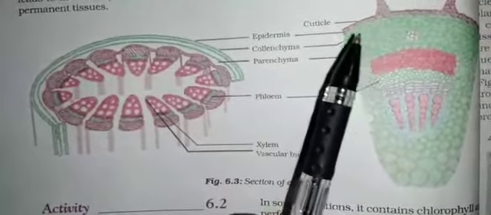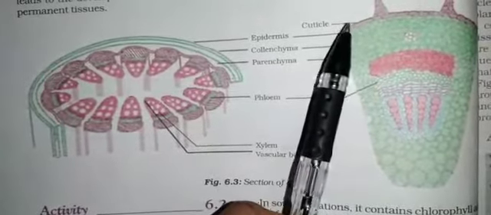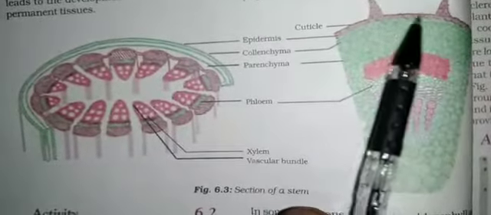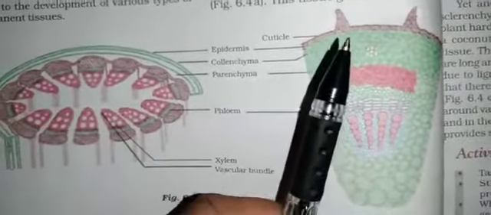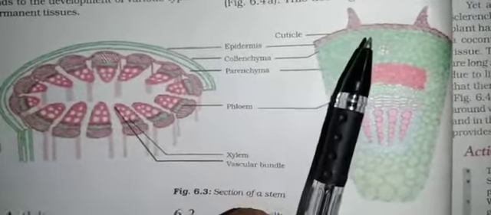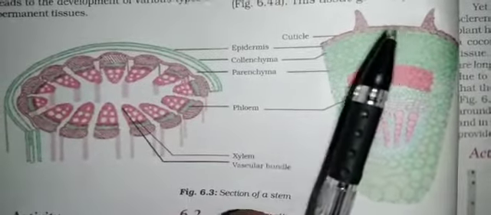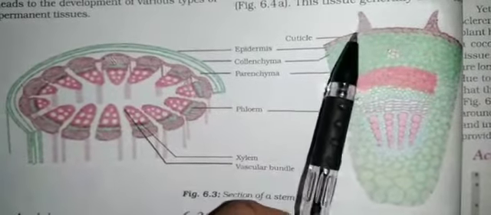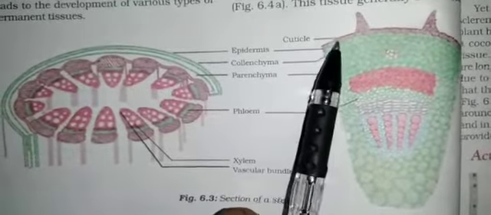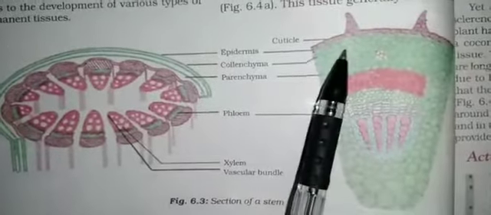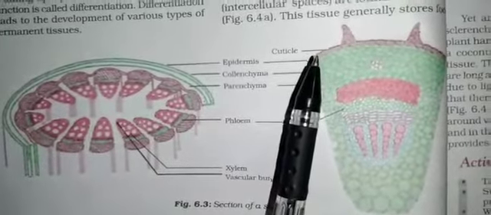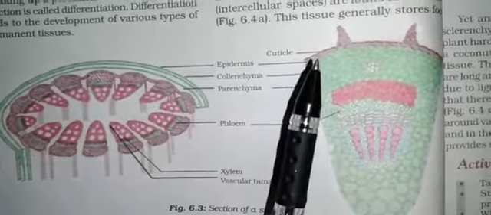Since it has a protective role to play, cells of these epidermal tissues form a continuous layer. It is a continuous layer without intercellular spaces. In these epidermal cells, you won't find any intercellular spaces. They form a continuous layer. Most of these epidermal cells are relatively flat. So these are all flat cells. All the cells here are flat. So often their outer and side walls are thicker than the inner wall.